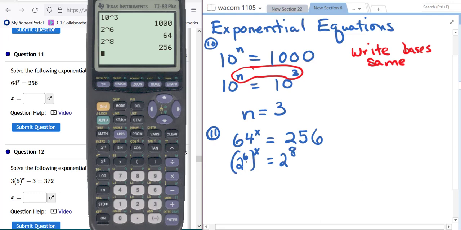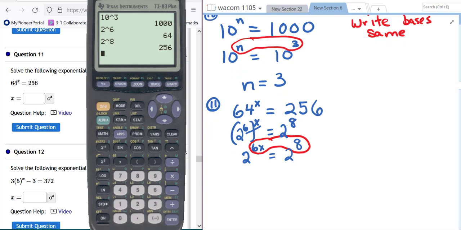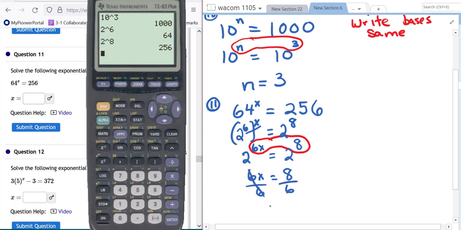With your exponents here, it will be power to a power, keep the base, and multiply. So this we can rewrite as 2 to the 6x equals 2 to the 8th. Now you have the same base. So you're going to drop that base off, set these exponents equal, and then you will have an equation that you're used to solving. So you're going to divide by 6. And you should reduce. This has a common factor of 2. So we'll go into 8, 4, and 2 will go into 6, 3. And you could reduce